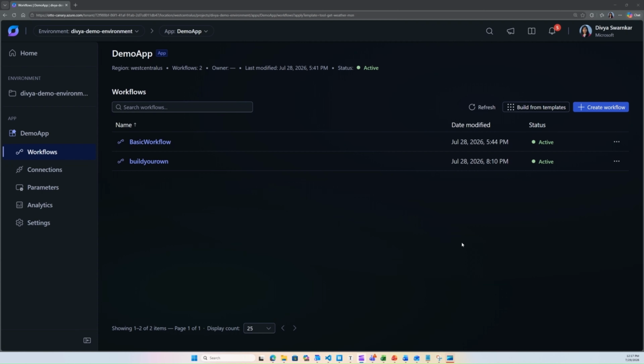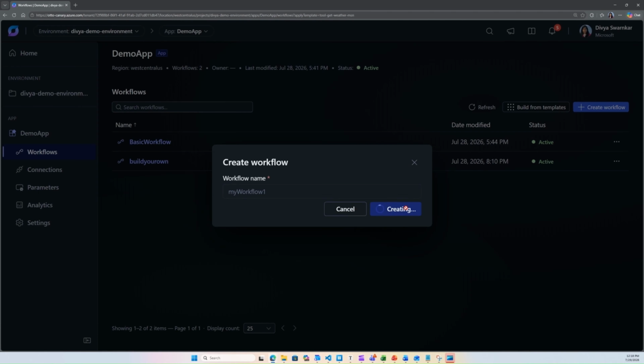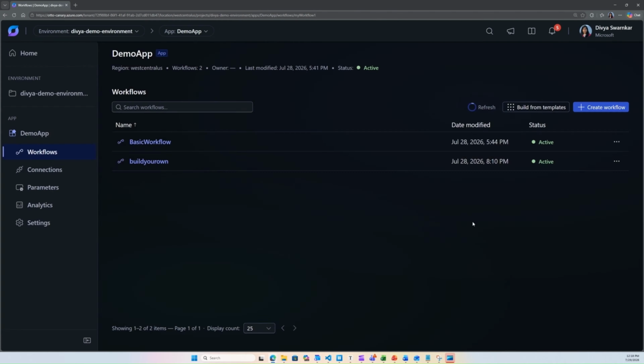Another option to create workflows is through AI Assistant. And so the idea here is that you can describe what you want in natural language, and then with the use of AI assistants, you can create these workflows. To create workflows with AI Assistant, you still create an empty workflow first, provide it a name, and then this